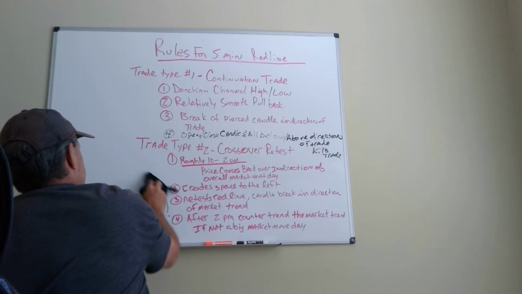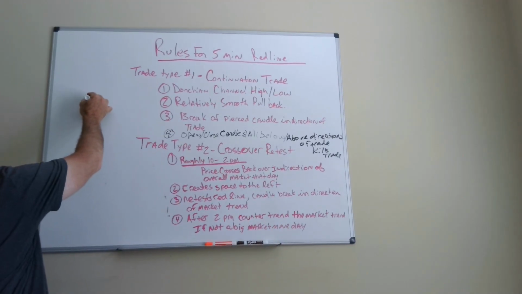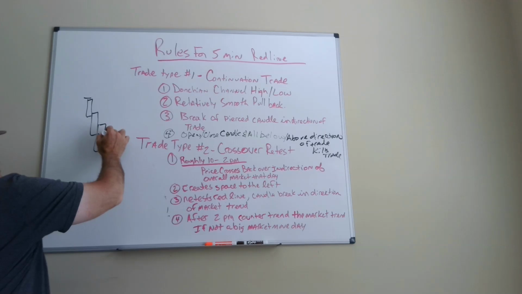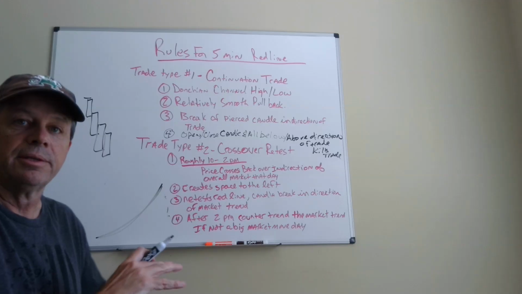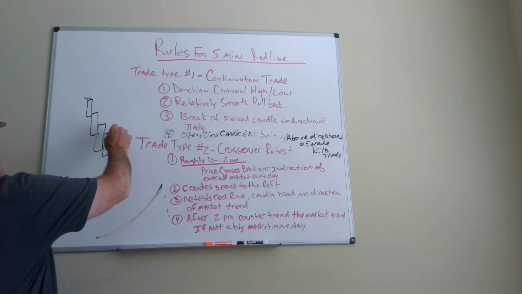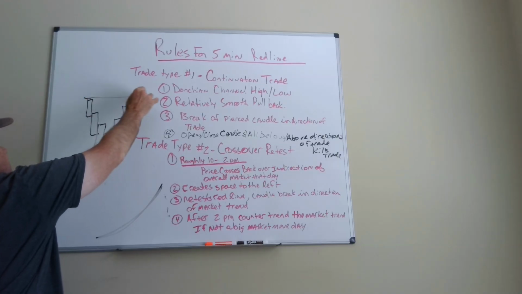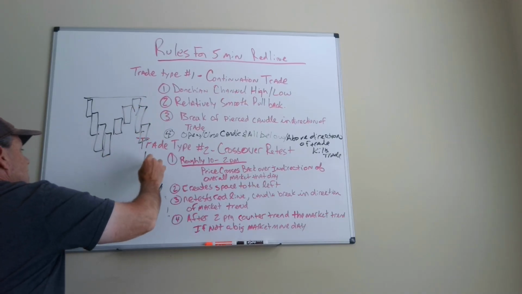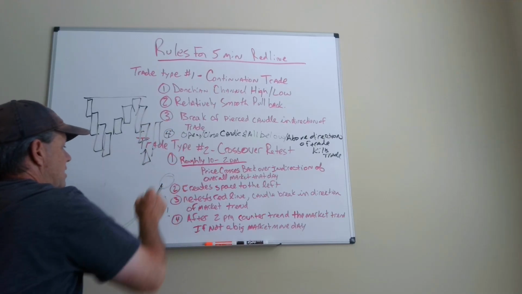On that pullback, so here's your Donchian high right here. If the candles come down and come down and come down, and our line's way down here, you can remember the 5-minute red line is pretty far away. But then all of a sudden price starts going up and going up, and it doesn't quite go through here. Then it starts coming back down, and coming back down, but then it starts going back up, and then ultimately it gets here